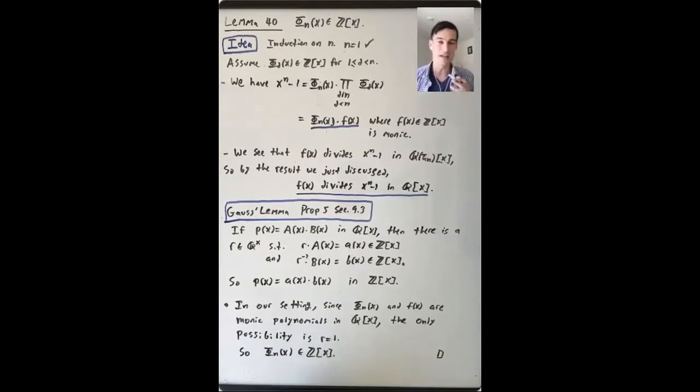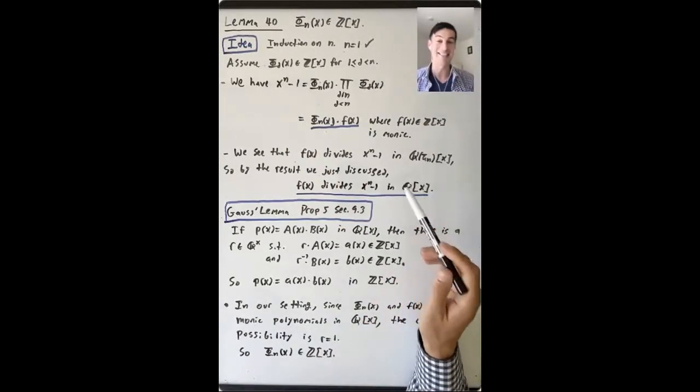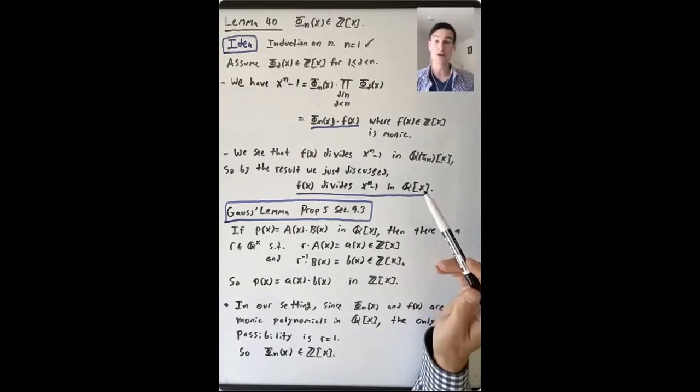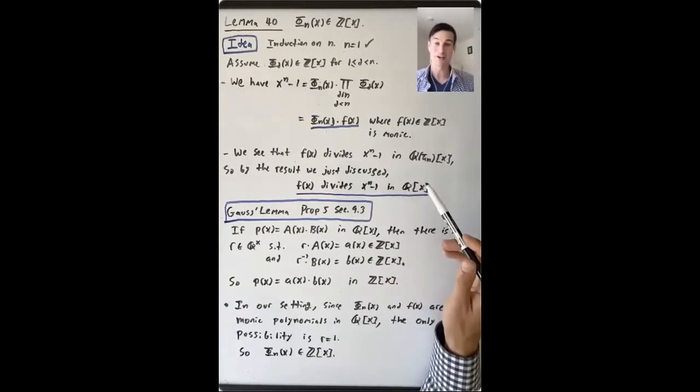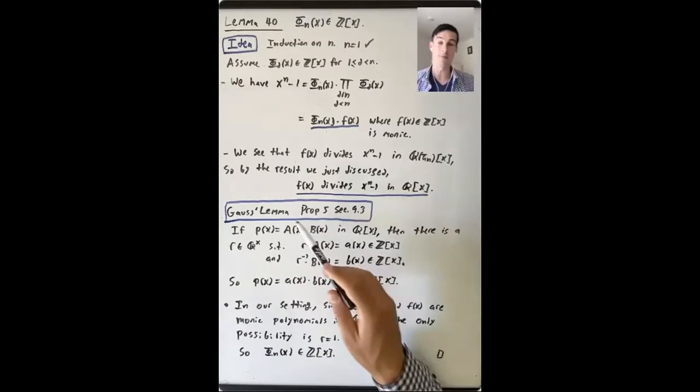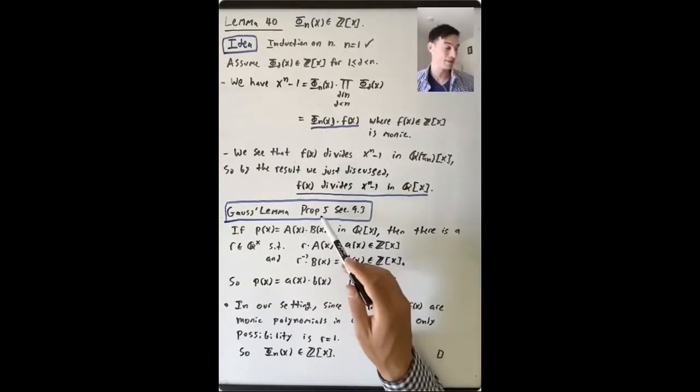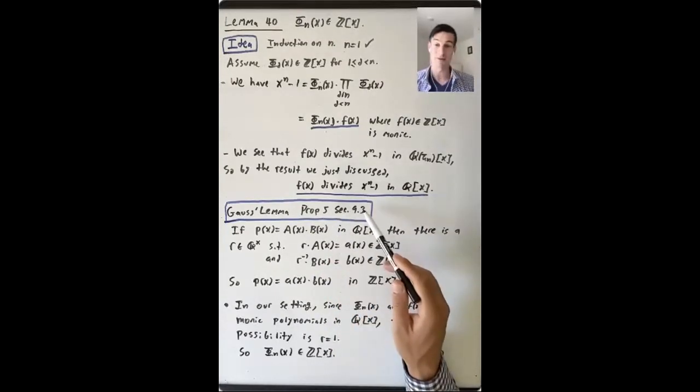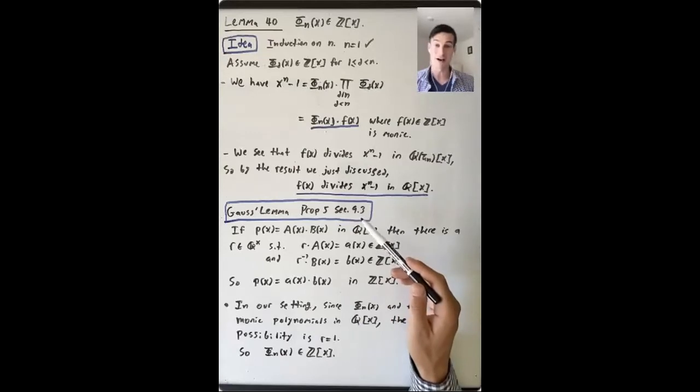We're trying to prove that, in fact, the nth cyclotomic polynomial has coefficients in Z. There's one more idea that goes into showing this, which is we want to apply Gauss's lemma, proposition 5 in section 9.3. This is something we haven't talked about recently at all, so I want to recall what it